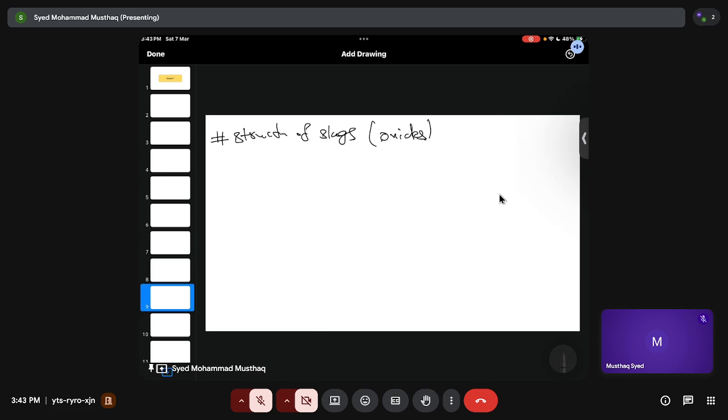Now, for slags to form, you need to form bonding, right? Bonding also is very important. So how this bonding happens is via coordination, right? And coordination depends upon the size of your cation and anion,